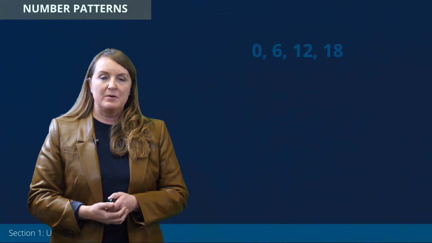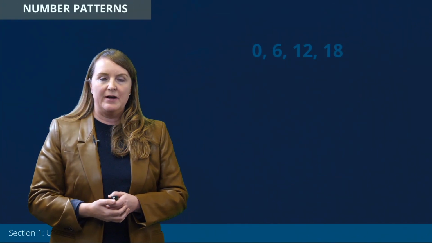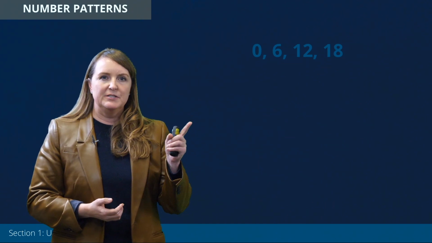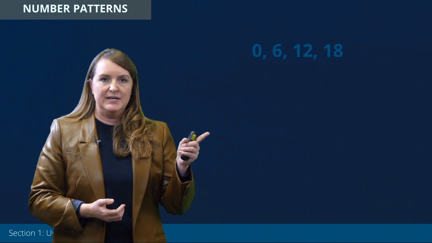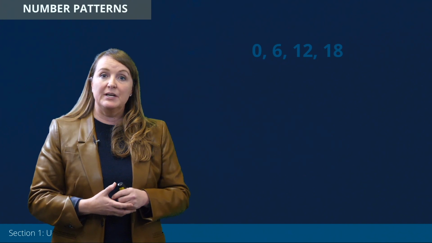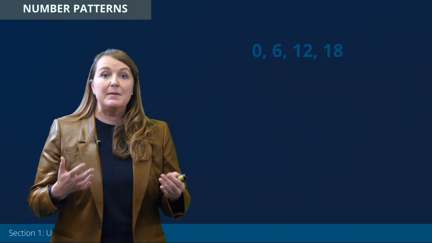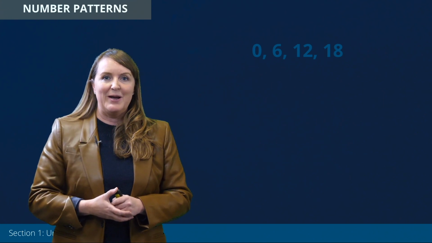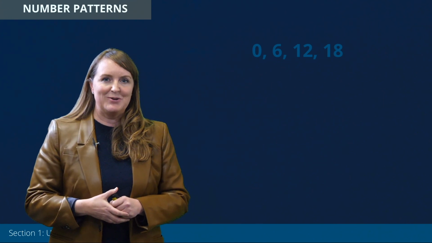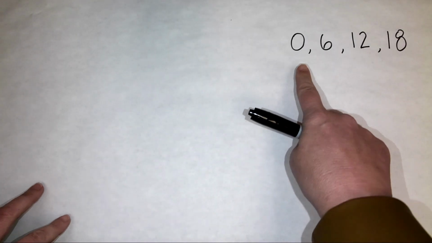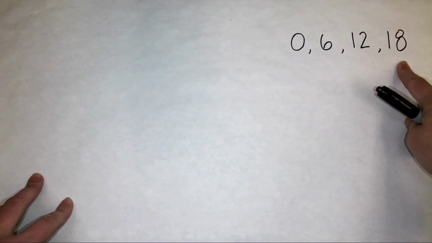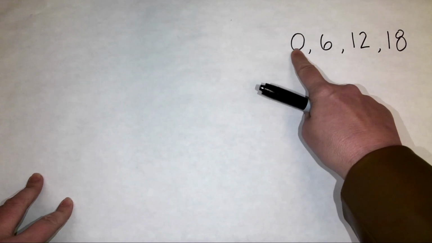Now let's do another number pattern, but this time let's draw it out. So I've got my number pattern, 0 to 6 to 12 to 18. I want to figure out what the relationship is between each set of numbers in this number pattern, and maybe I could come up with a rule. Let me go ahead and get my marker, and I'll be right with you. All right, here is my number pattern, and I want to think about a rule for each of these sets